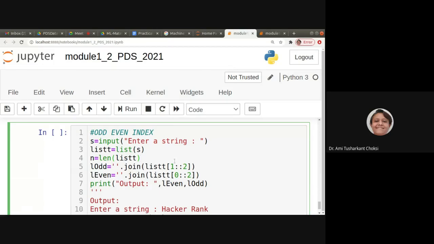Now for odd, we want to join that and store it in L odd, and for even we want to join it with nothing in the starting. That means we want to join with whatever things are available in the list, right?